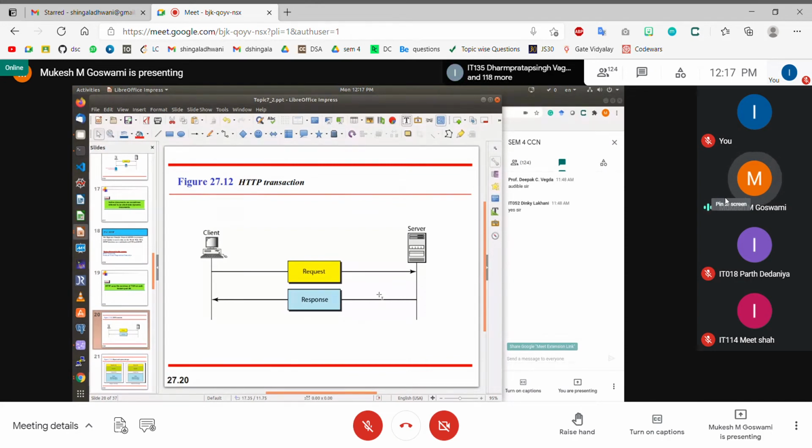So it doesn't maintain any state. As a developer, we have to maintain that session, like who logged in earlier, and what the username and password are. So as a web application developer, we have to maintain this session, not the HTTP server itself. The HTTP server does not maintain any status. It is simply a stateless protocol.